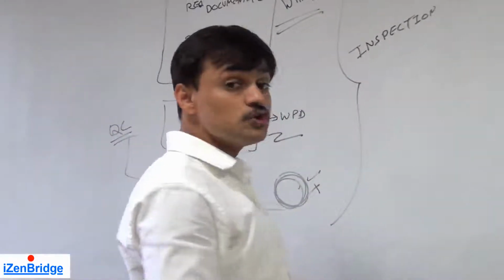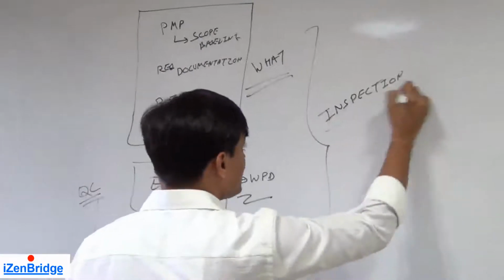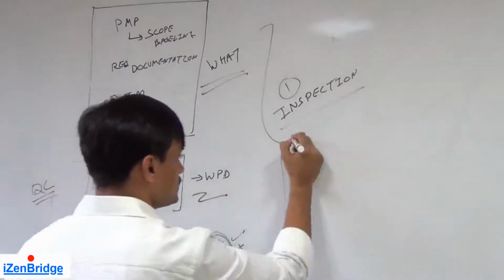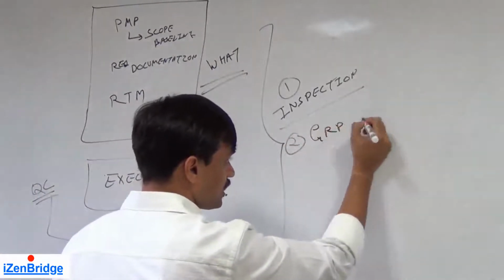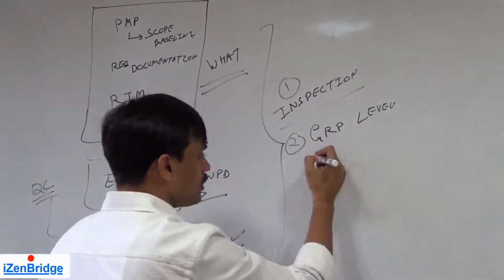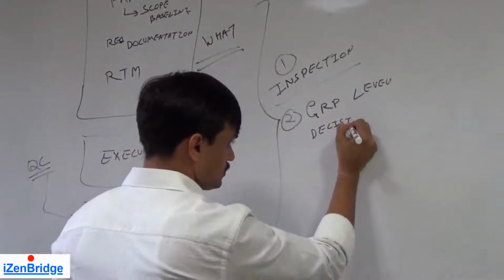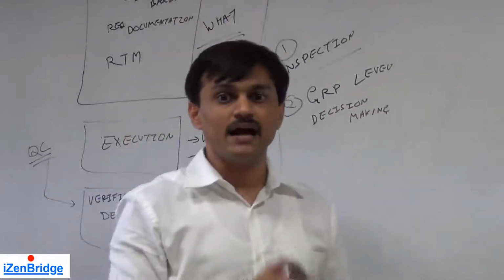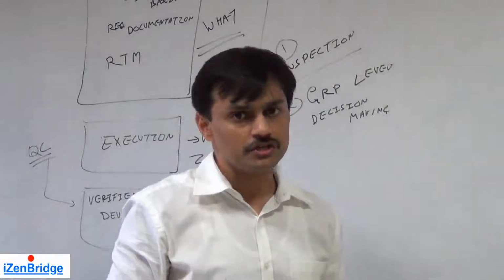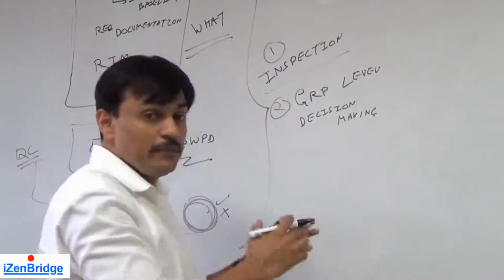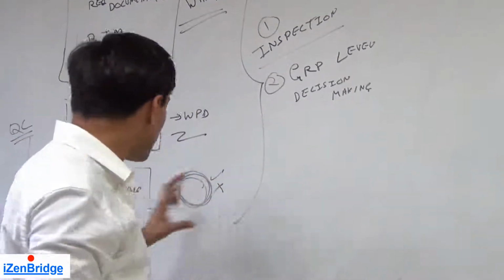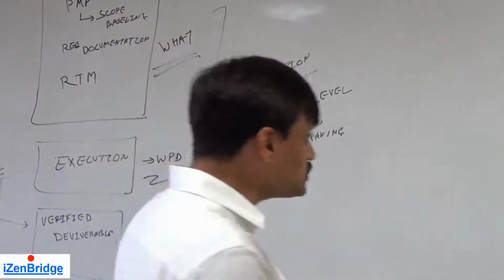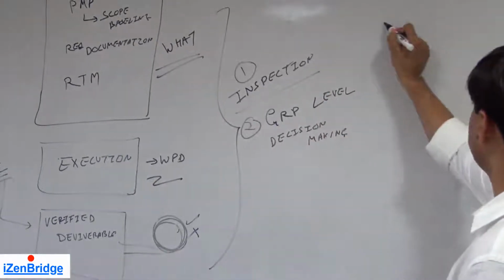While doing this, we also need group level decision making. So the first tool and technique for validate scope is inspection. The second tool and technique is group level decision making. Now we need to make various decisions like, can we accept this particular deliverable or do we need a variation? As an output of an inspection, maybe a set of people interact and talk about the performance of the deliverable against the scope or a requirement. Now with these two tools and techniques, this group is making a decision.